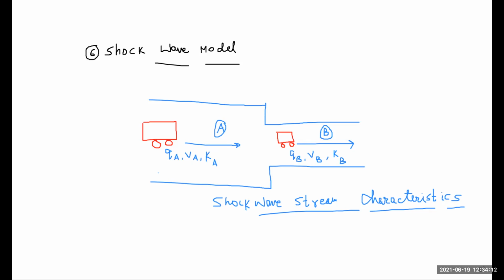Basically, here we consider a stream of traffic flowing in steady state condition. That means all the vehicles in a stream are moving with constant speed, density and flow. So here let us consider